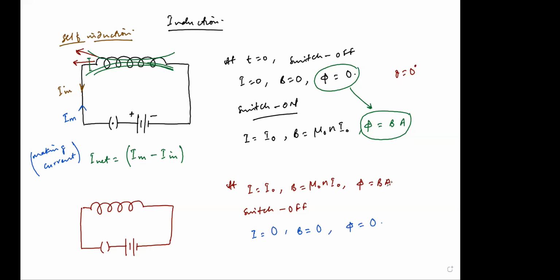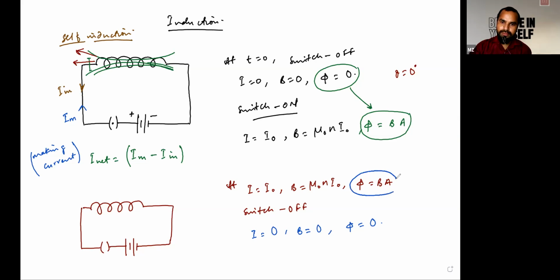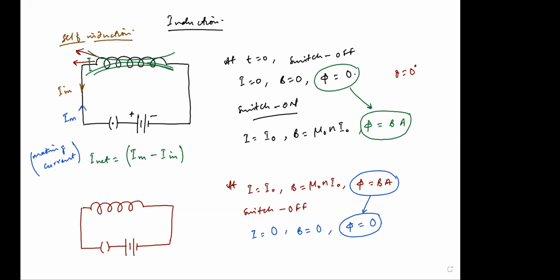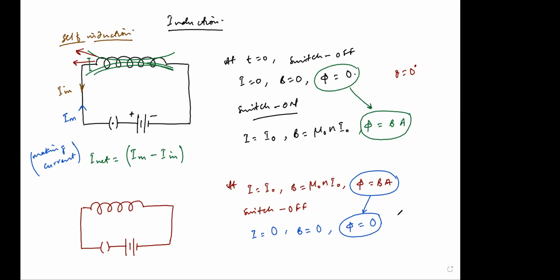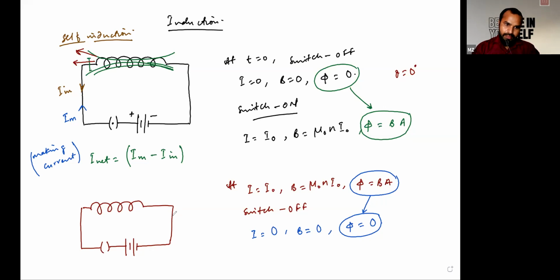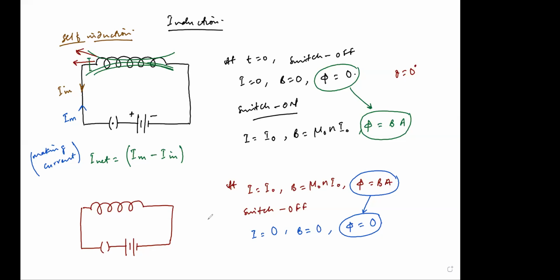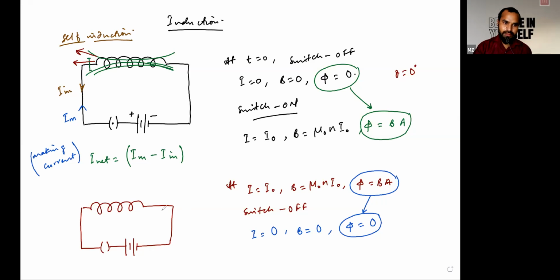Yes, sir. Now, just see, here we have flux, which is equal to B times A. But in this situation, flux becomes 0. So comparing from this instant to this instant, what do we conclude? Is flux changing or not? Is this flux increasing or decreasing? Now it's decreasing. So we can conclude if flux is decreasing or increasing, according to Lenz's law, there must be some induction of EMF and some induction of current.